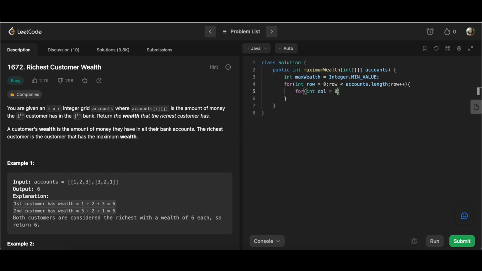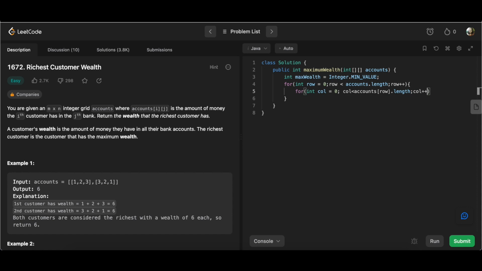So let's say column equal to 0, then column less than the length of that 1D array. Now, how do we figure out the length of that 1D array? What we do is something like accounts of row. So the accounts array's index number row, which is equal to 0. At the 0th row of the accounts 2D array, get me the size of that. So dot length. This is going to give us the length of every 1D array at every row